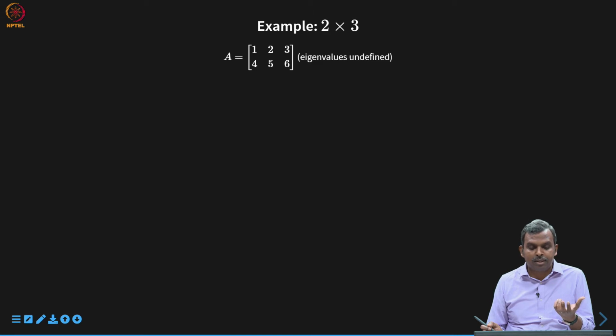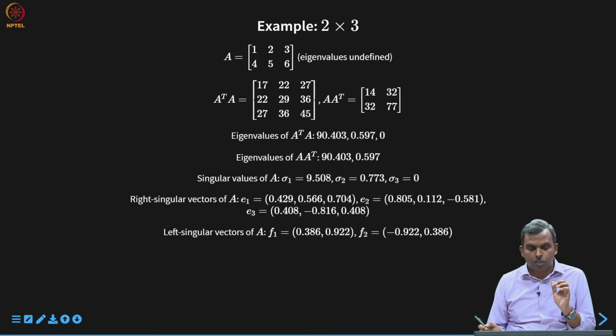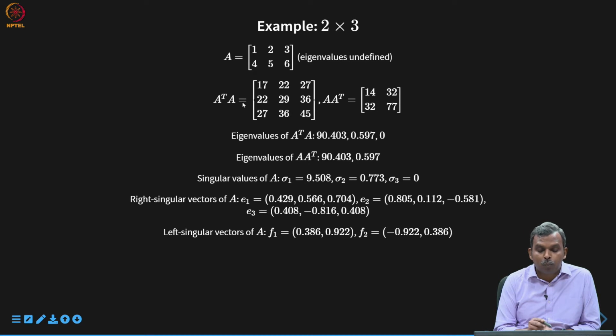So, if you take a 2 by 3 matrix, then there is no question of eigenvalues or anything, so those things do not make sense. So, we have to go to singular values. When we go to singular values, let us look at A transpose A and AA transpose. Here you see the difference: A transpose A is 3 by 3, AA transpose is just 2 by 2, and you can look at eigenvalues